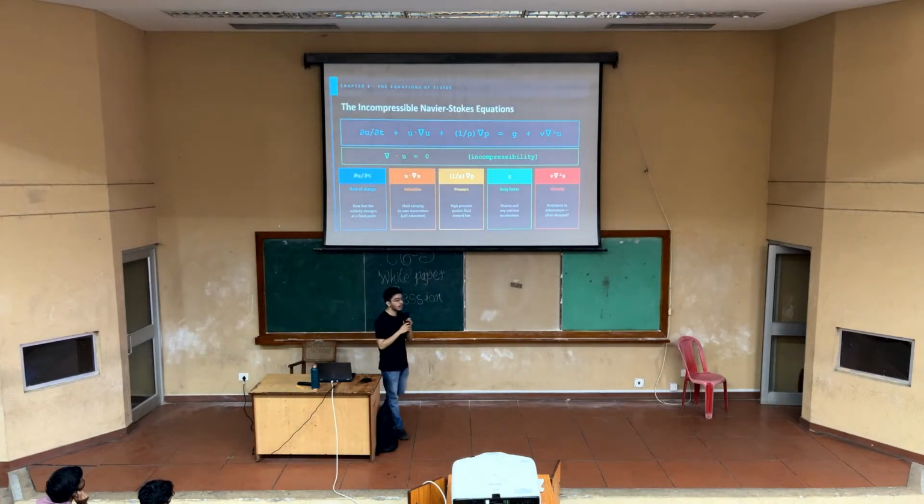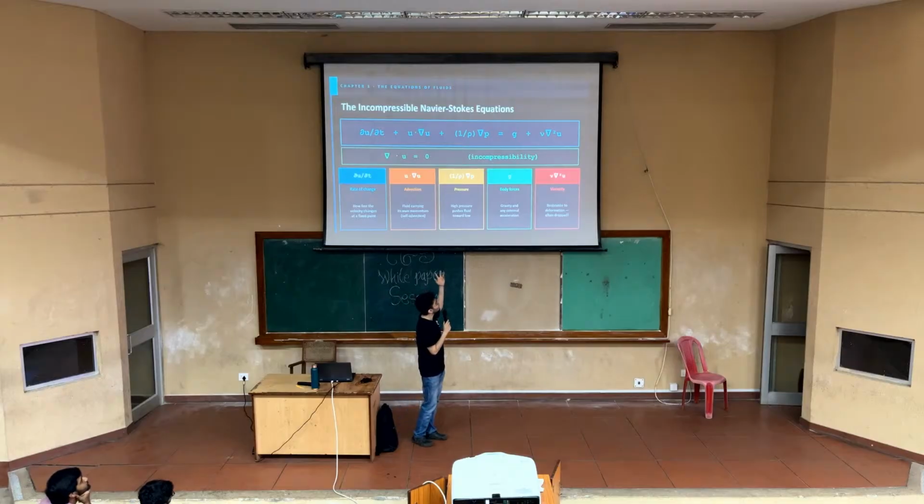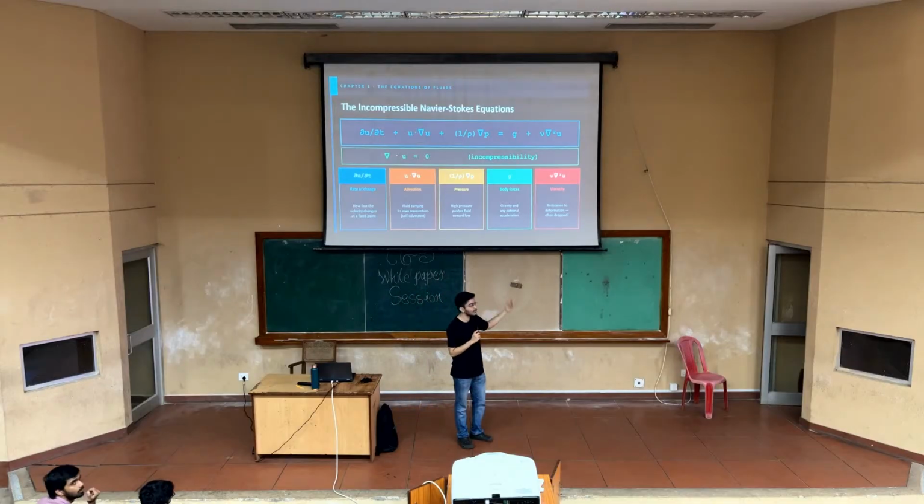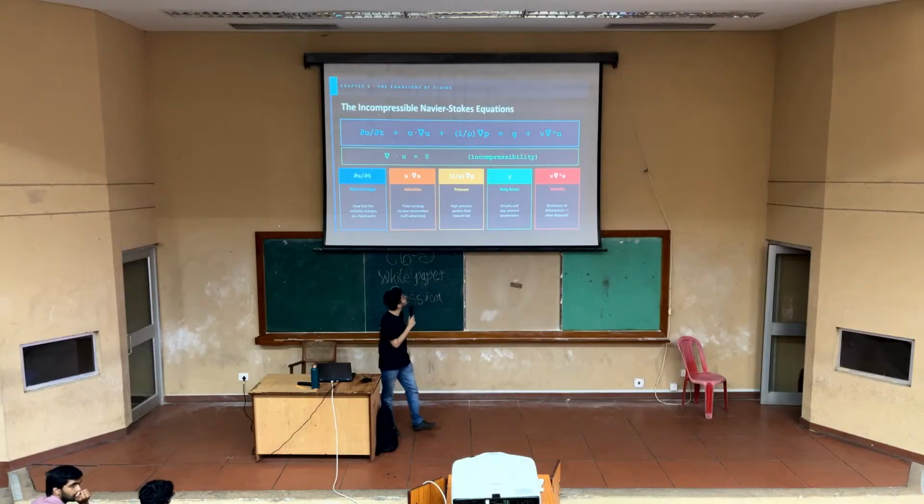So numerically we have to solve this equation, which is this. Basically this is F equal to ma for fluids. This is the Navier-Stokes equation for incompressible flow. The first one